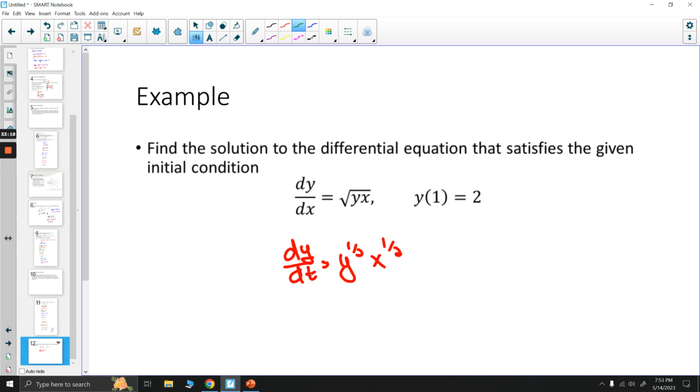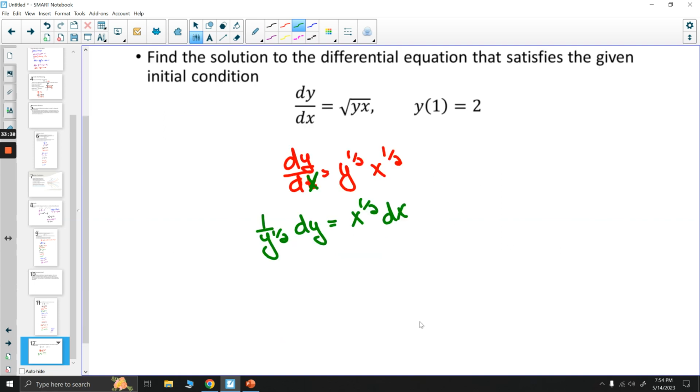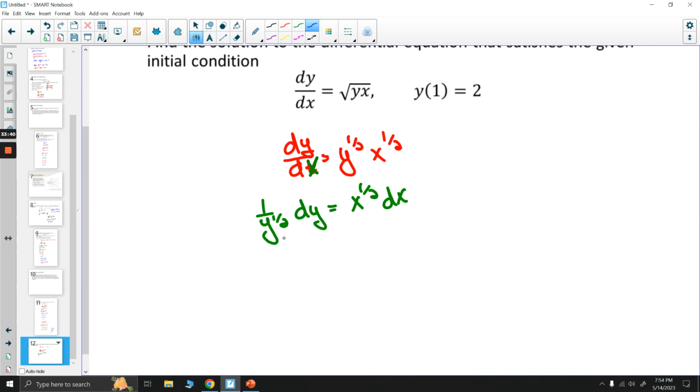Now I can, oh, I did dt for some reason. dx, there we go. Now we need to move the dx to one side, the y's to the other. So that means that if I'm going to divide by y to the 1/2, I have 1 over y to the 1/2 dy is equal to x to the 1/2 dx. Alrighty. So essentially, this is like saying y to the negative 1/2 dy is equal to x to the 1/2 dx, and